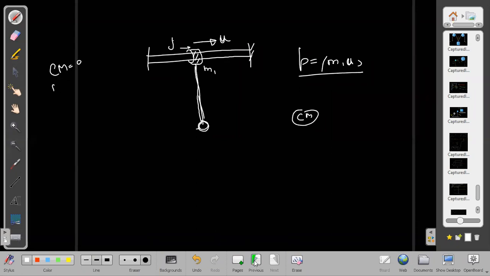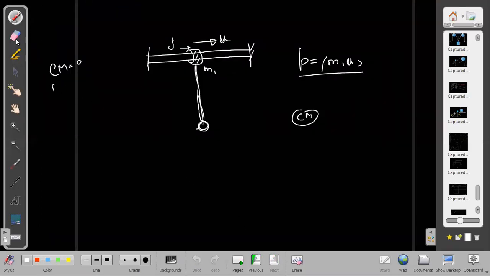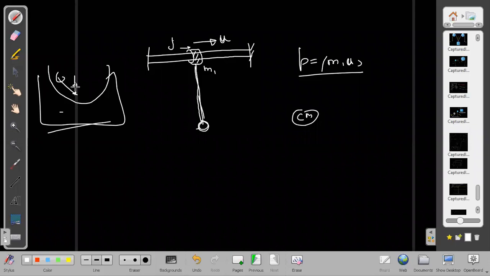But wait a second, with one caution. In the previous cases, the center of mass was at rest only along the x-axis. Only along x-axis, I should say, the center of mass was behaving like a ground frame. But along y, the center of mass was not at rest, because along the y-axis, this particle was moving down, but the other particle was staying there only. So there was definitely some velocity along the y-axis of the center of mass. Okay, anyway, come to this case now.